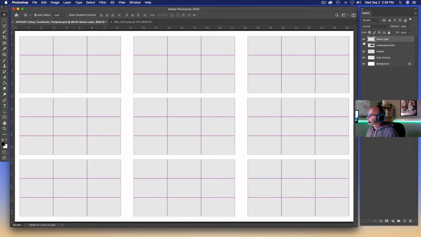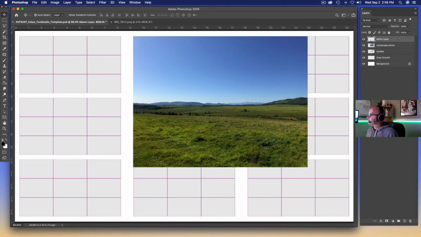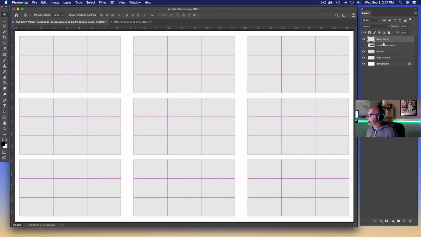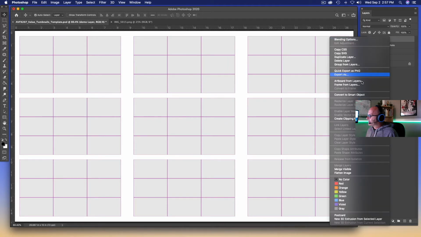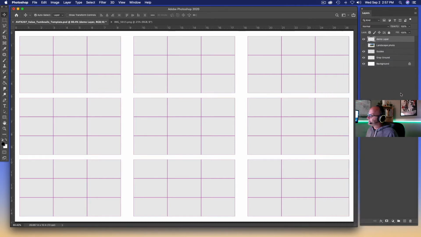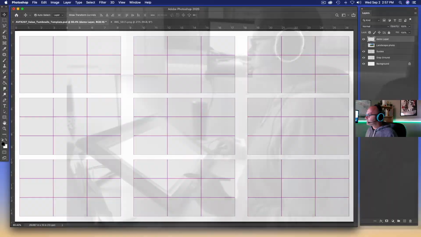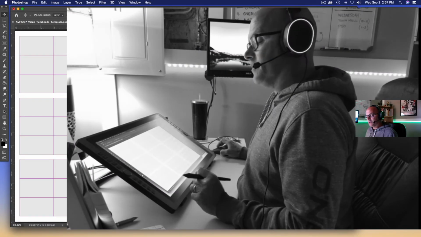So again, you can rearrange layers. If I want that landscape photo on top of the demo layer, I can do that. Again, turning things on or off. You can right click and there's a bunch of things that you can do. You can merge with the layer below, you can flatten them all out, you can delete. Don't worry too much about that for now. Just know that we typically work on layers. So I'm going to work on